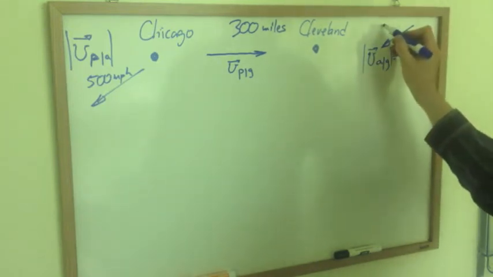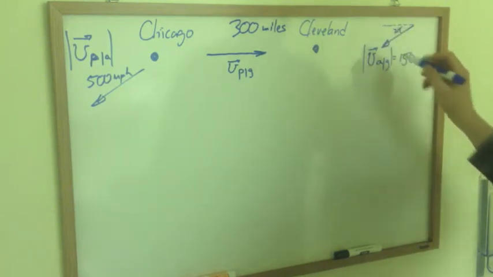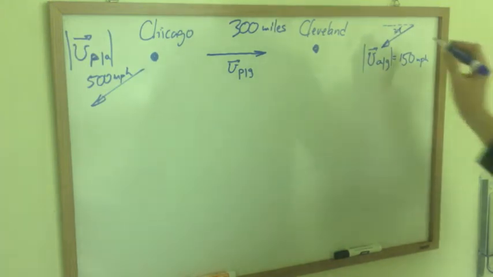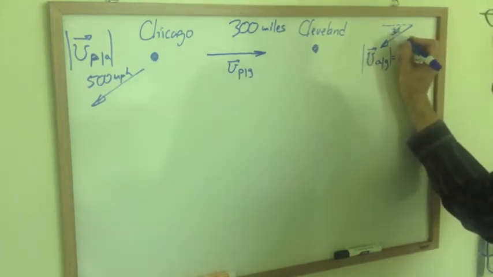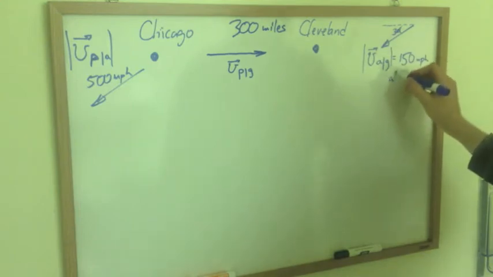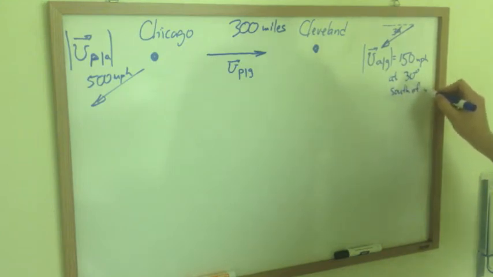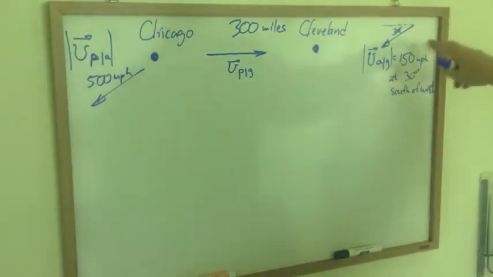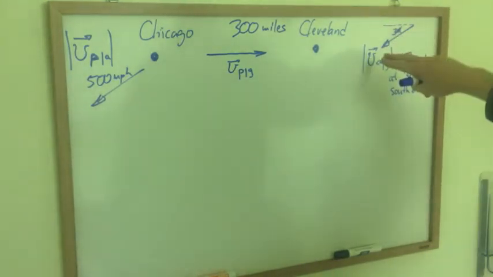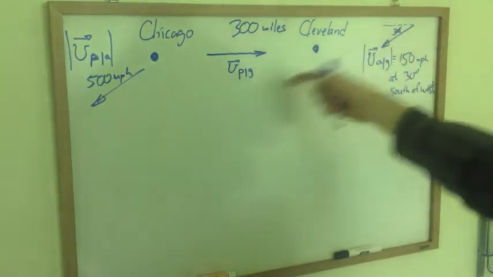The direction is, say, 30 degrees south of west. So we have a 150 mile an hour wind blowing 30 degrees south of west, and we know